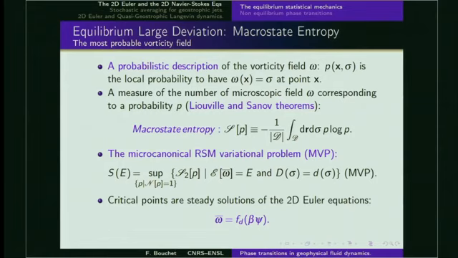And basically, there is associated to this microcanonical measure a large deviation result, which proves that the probability p to observe the value of omega equal to sigma at some point x will fulfill a large deviation principle, as I was introducing before. And basically the large deviation rate function in this case will be just minus 1 over the volume of the domain multiplied by the integral over the domain of p log p, where here we integrate both on space and on the value of sigma.